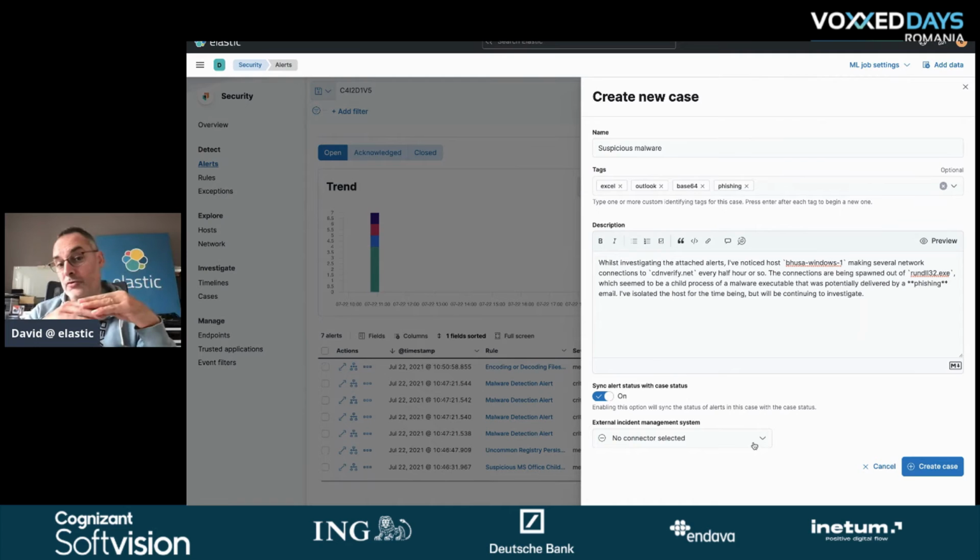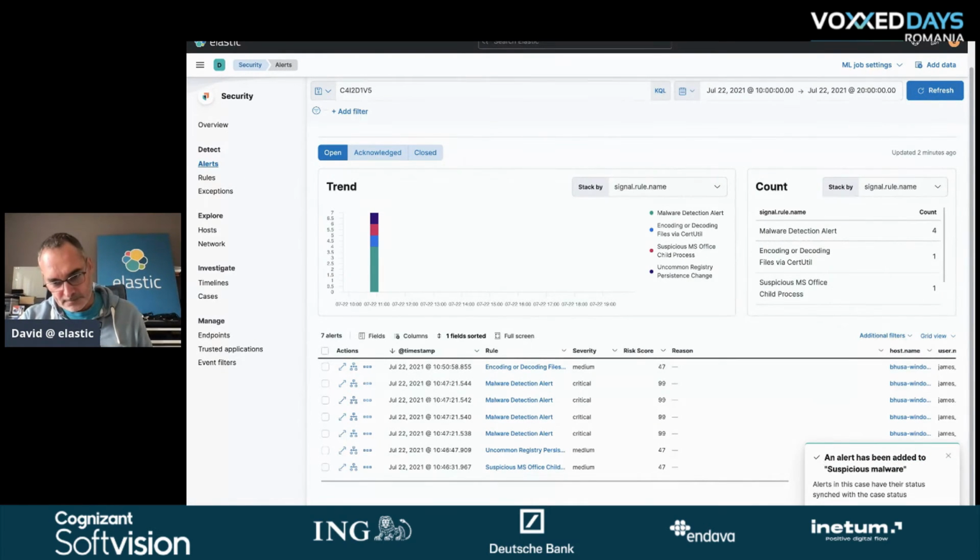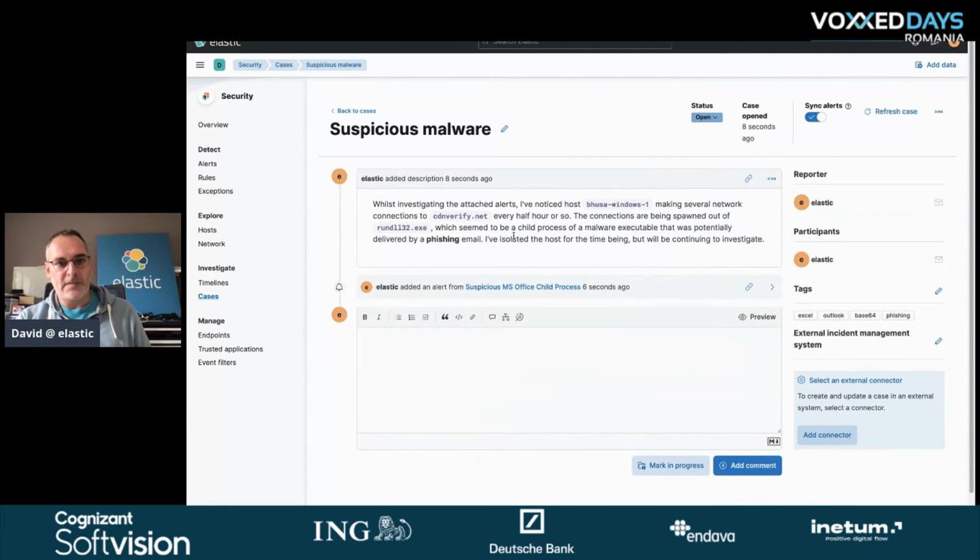So the external connection is only available in the commercial feature, but here you can also store everything in Elastic itself. So let's create the case. So by creating this case, you are starting to document the problem that you are seeing. If we look at the case now that we have, this is what we have entered so far. Yes, so now we have our case open.